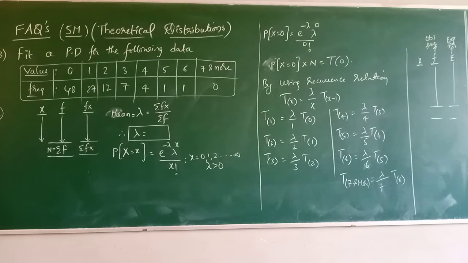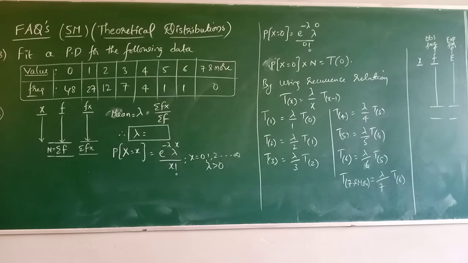Now first and foremost, as we said, x follows the Poisson distribution, and what is the PMF of Poisson? E power minus lambda, lambda power x by x factorial, and then go on substituting the values of x. First value, P of x equals 0. Now in place of x substitute 0, and the lambda value we have anyhow calculated.